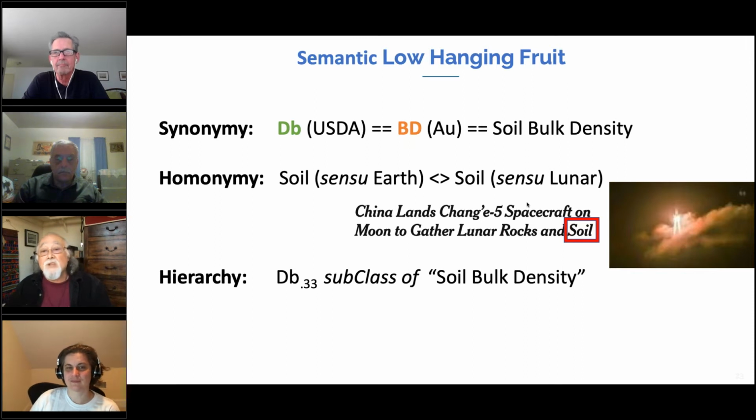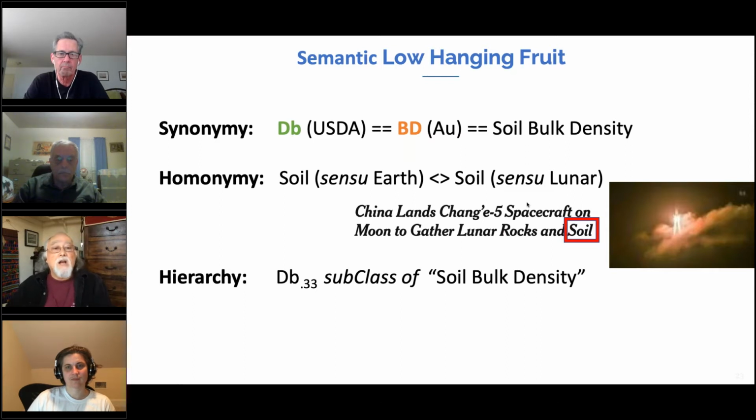And the fact is, those are both indicators of soil bulk density. And even the word soil, which to a soil scientist thinking about Earth soil, it's probably some sort of organic carbon component to it. But soil is also used in the broader context, like the lunar soil. That's a clipping from a headline in the New York Times there. And then finally,